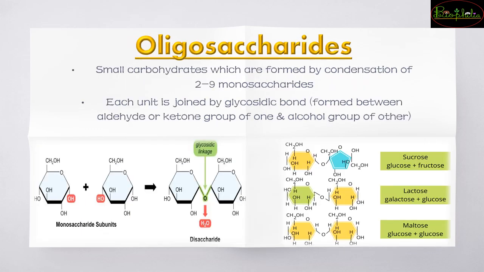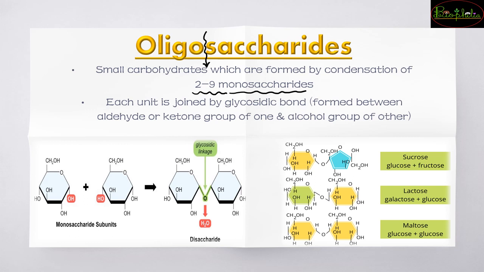The next we see is oligosaccharides. Oligosaccharides, again, when you try to break the word, oligo means small and saccharide is sugar. So these are small carbohydrates जो 2 to 9 monosaccharides से मिले हुए होते हैं. So monosaccharides, what do they have? Monosaccharides have 3 to how many? 3 to 7 or 3 to 8 carbon atoms होते हैं, whereas when you have 2 to 9 monosaccharides grouped